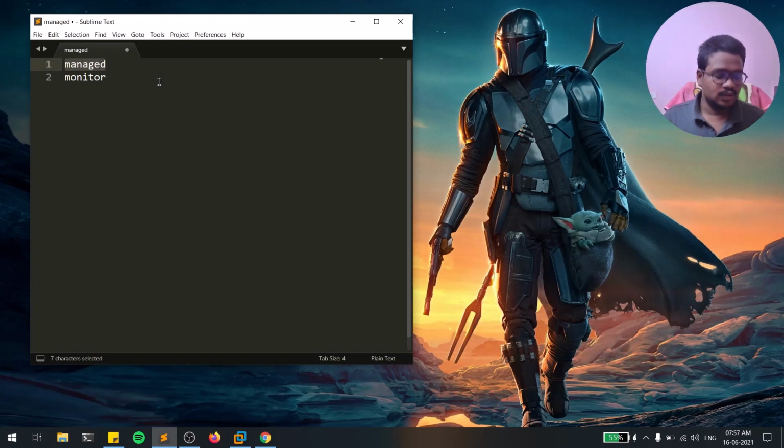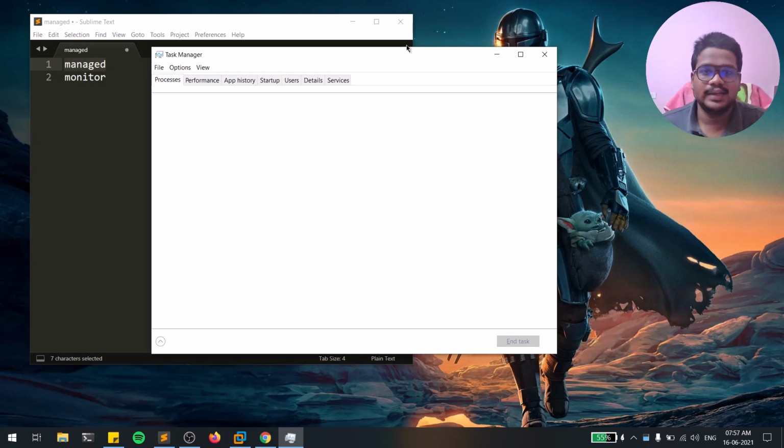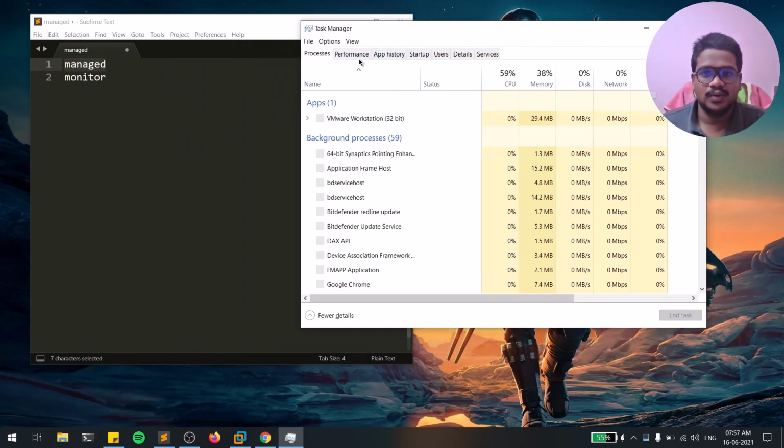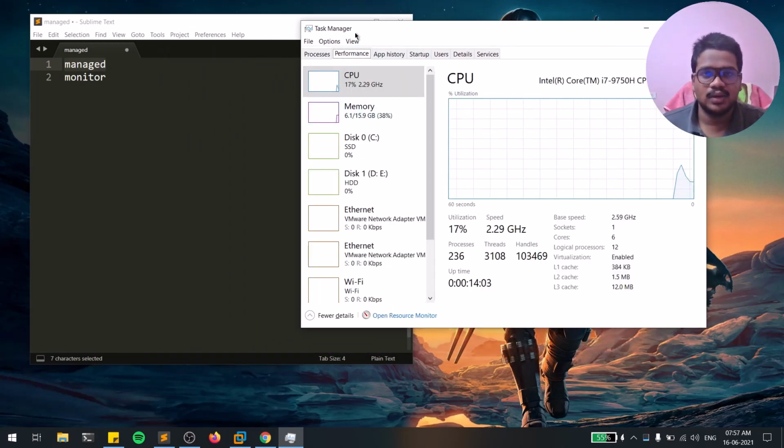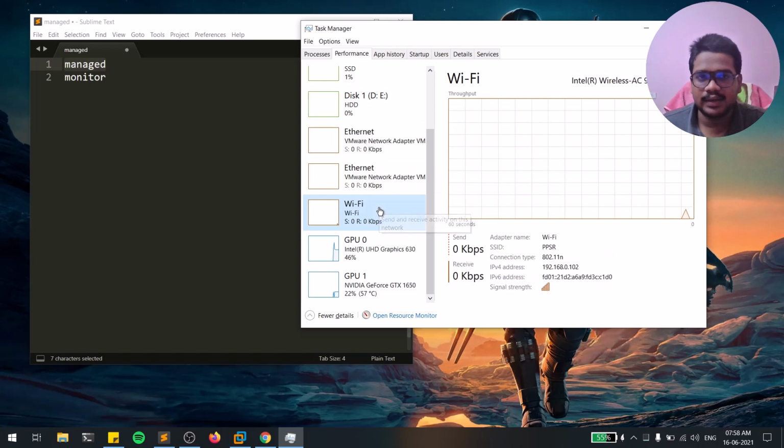So let me show you. My device's Wi-Fi interface card supports it. I'll go to the performance tab over here. In order to open the Task Manager, hit Control Shift Escape. If I roll down here to the Wi-Fi, you can see something like Intel Wireless AC 9560 160 MHz. This is the Wi-Fi adapter name, and it is associated with my device. According to my testing, my device supports monitor mode.